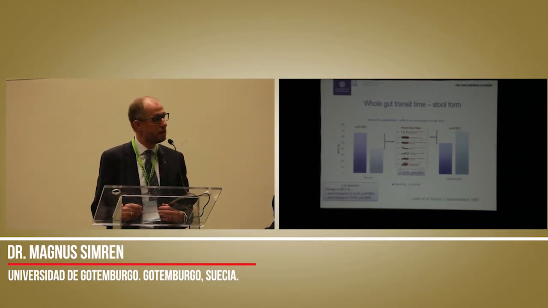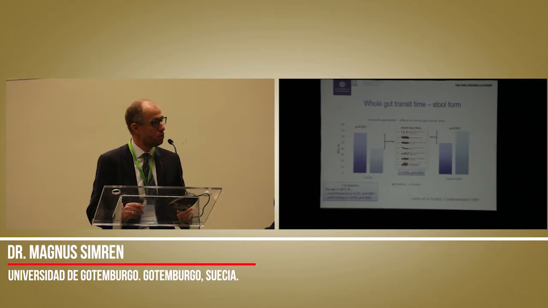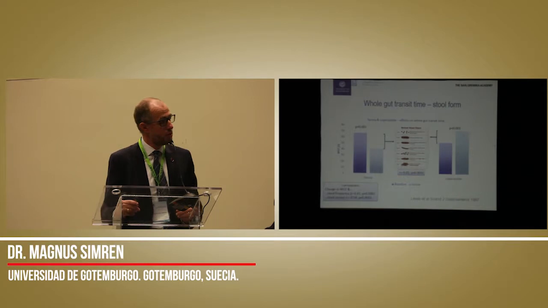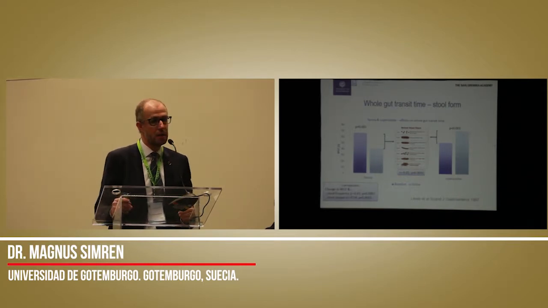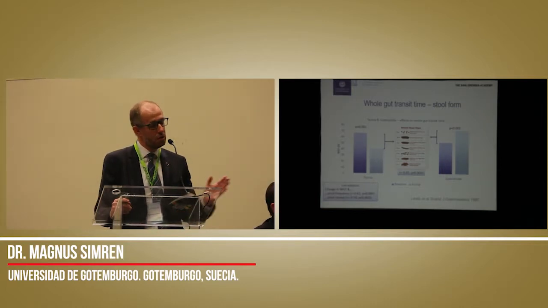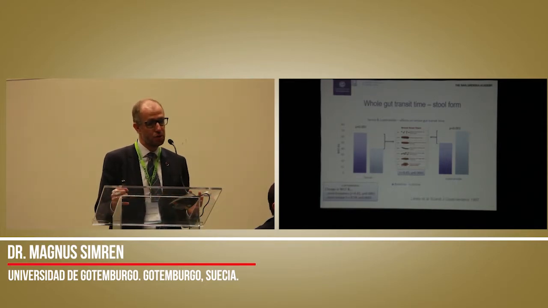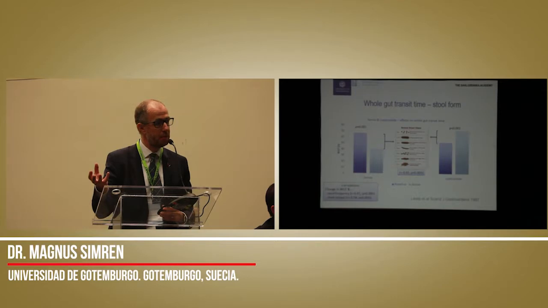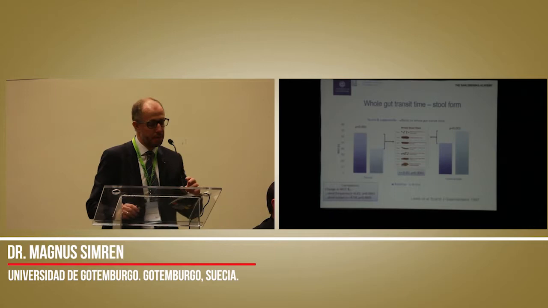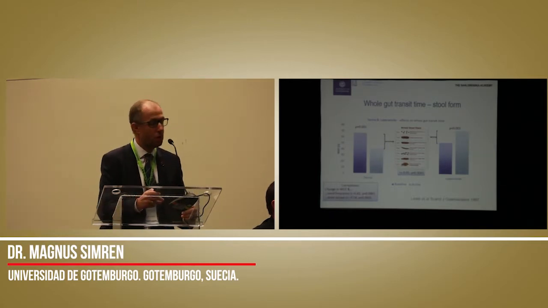This is an old classical study where they looked at this concept. They used senna and loperamide, and they measured transit and also bowel habits. As you can see, with senna they accelerated colonic transit, and with loperamide they retarded colonic transit. And if you looked at the association between the change in transit and the change in bowel habit, there was a clear association. So this highlights the fact that if you want to improve or change bowel habits, you can target transit, which was demonstrated quite nicely in this study.